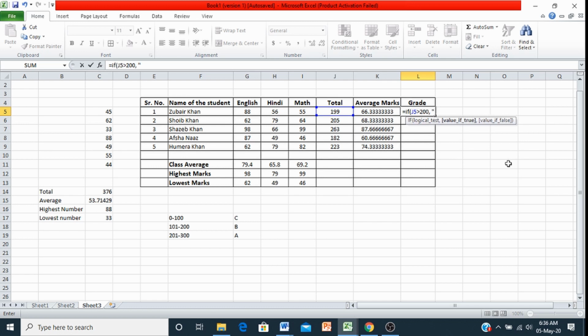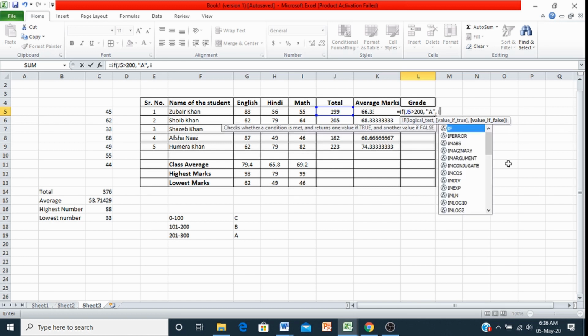Then in double quotes we have to put A. If cell J5 got more than 200 marks, the grading will be A for him. Again we have to put a comma over here. Then next we will put some more criteria.